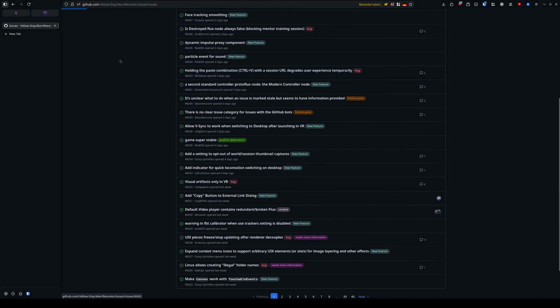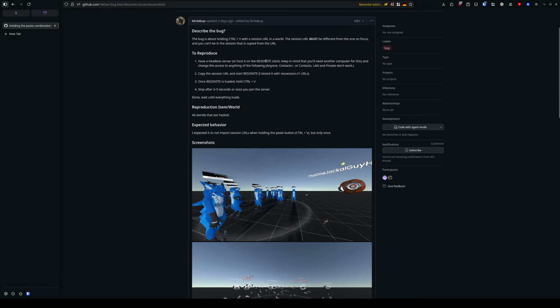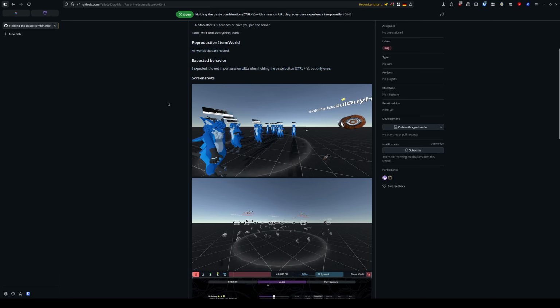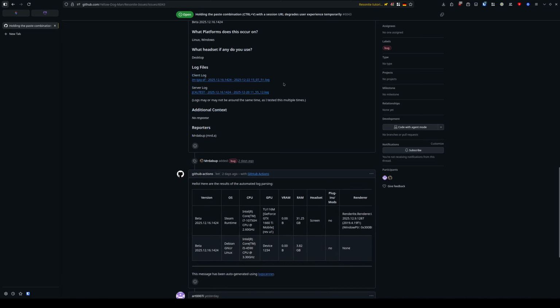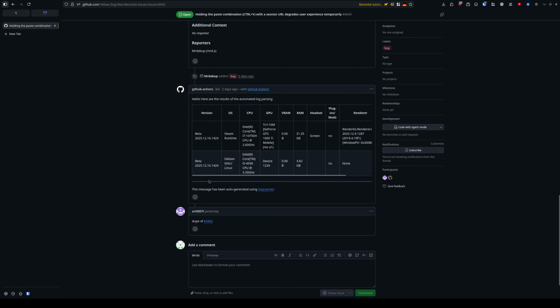Let's take a bug, for instance, this one. So we can see there is a title that says what the bug is, small description, how to reproduce it, what context does this happen, where to reproduce that, expected behavior, which is really good. Some screenshots. We have log files, including the server log file if you are hosting on a headless server. We're going to come back to headlesses way later in the tutorial series. Reporters, of course. And once you've clicked open the issue, you'll see that there is this small bot called GitHub